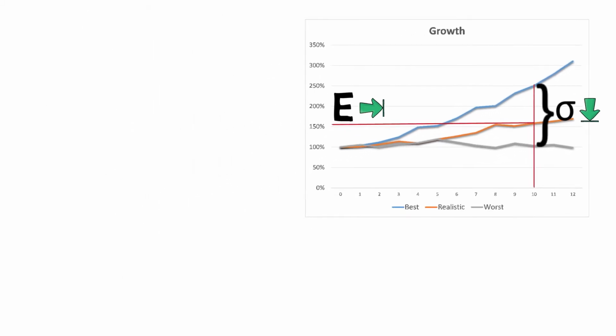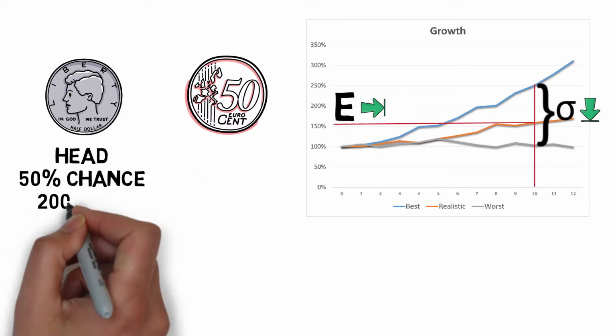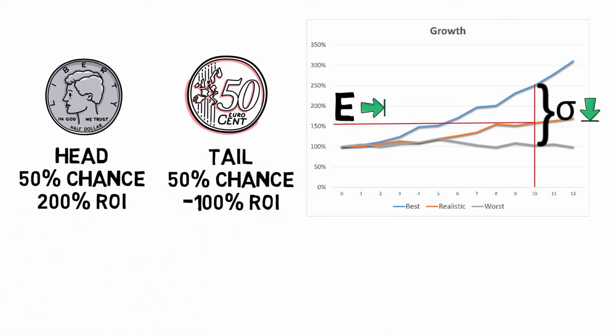Let's first introduce the game of flipping a coin. You all know that there's a 50-50 chance of a head or tail. You need to put down whatever amount you like to play this game. For example, $1. Let's assume you'll get 3 times your investment back if you get a head, which is $3 back with a return on investment of 200%, and lose everything if you get tail. The return on investment is negative 100%.